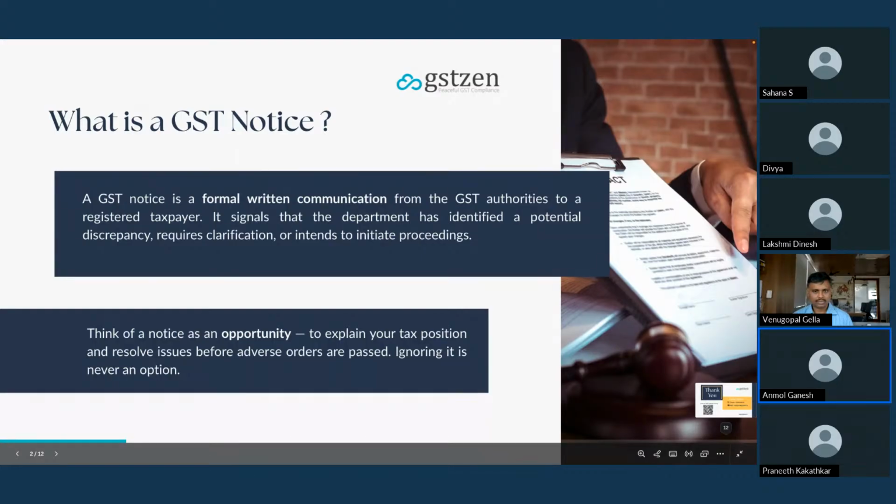So before we completely understand the true meaning of what a GST notice is, let's first understand what a notice is. Let us understand this with the help of a simple example. We have all received some kind of notice in our daily life, like in schools, colleges, banks, or from some authorities.